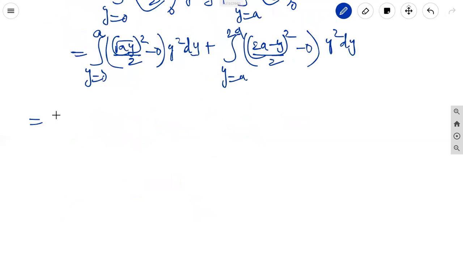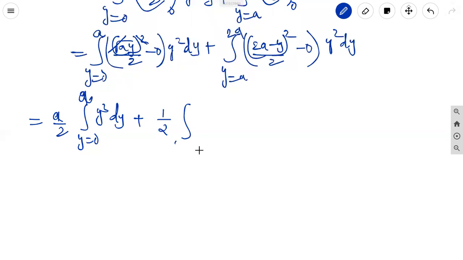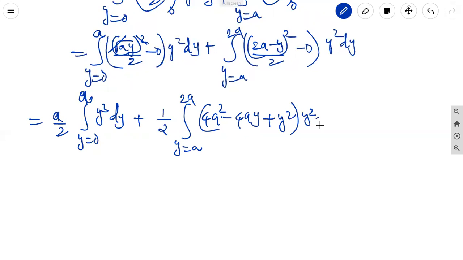It is equal to root square cancel, 1 by 2, a is also taken outside. y into y square is integral y equal to 0 to a, y cube dy, plus 1 by 2 taken outside, integral y equal to a to 2a, (a minus y) whole square, that is 4a square minus 4ay plus y square, into y square dy. It is equal to a by 2, y to the power of 4 by 4,